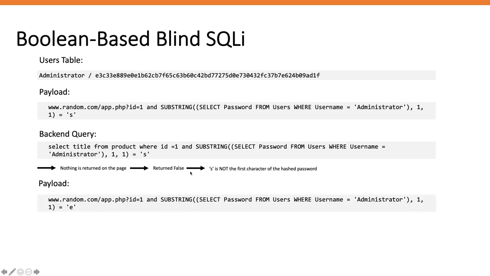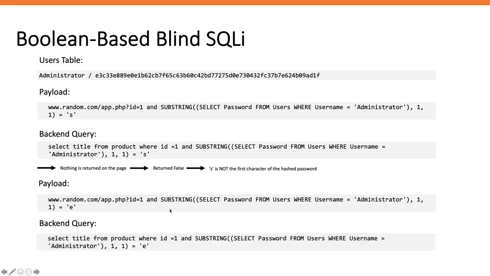Now, imagine I keep looping through the characters and I get to E. And I ask it again, is the first character of the hashed password equal to E? That evaluates to true, right? So the backend query would be true and true. So the entire where clause evaluates to true. And so the title of the products that are associated to ID 1 are returned on the page. And this gives me an indication that it returned true, which again tells me that E is the first character of the hashed password. And so right now you should get an indication of how you're going to extract information